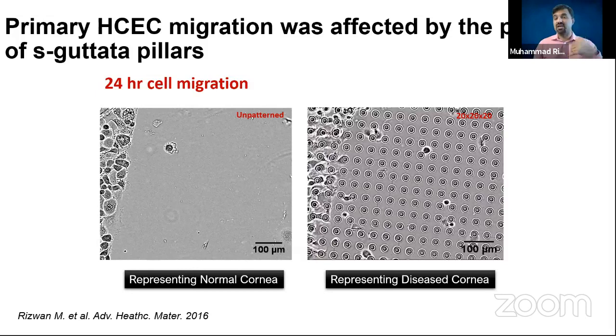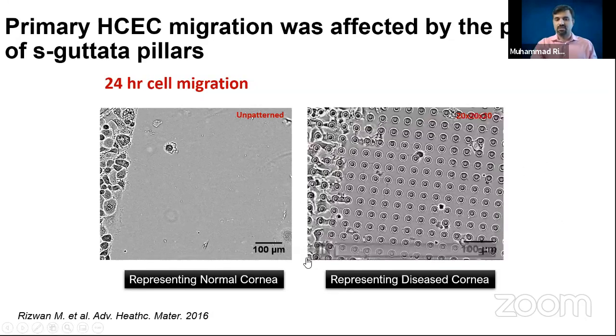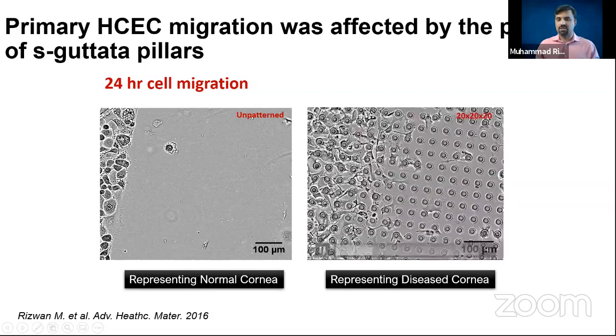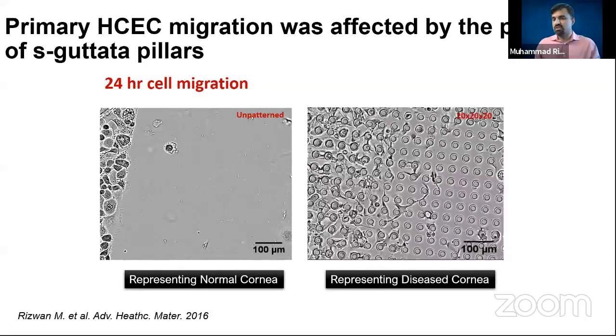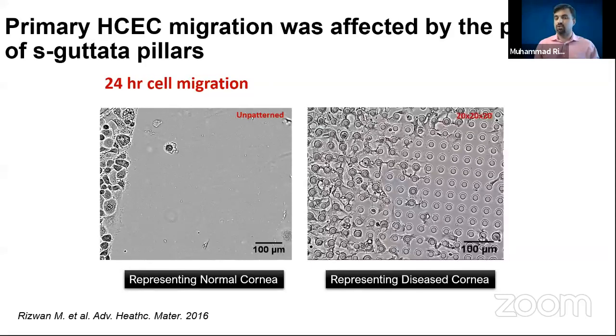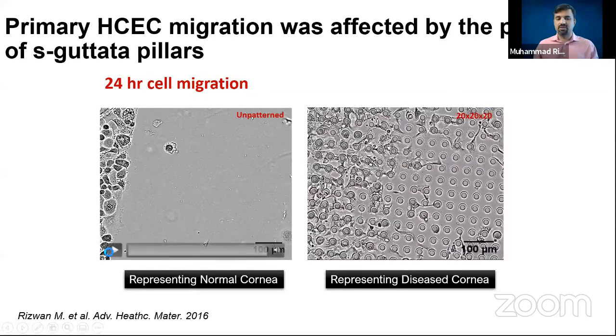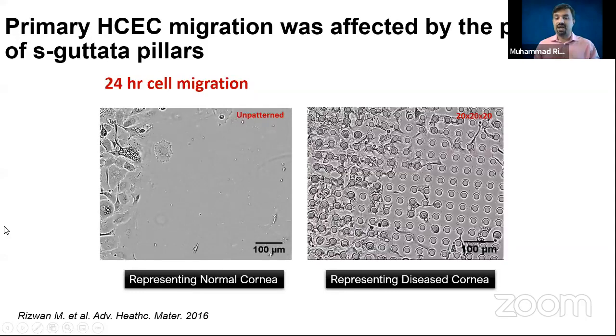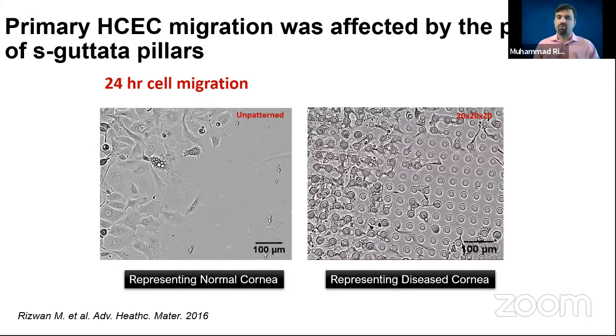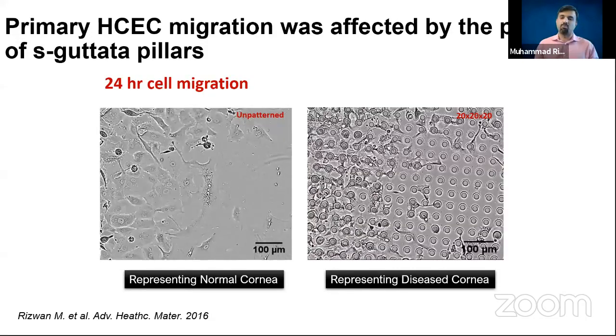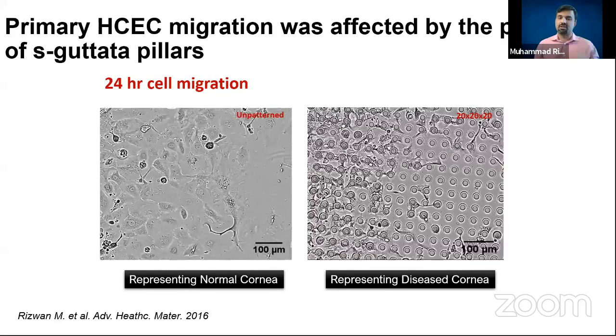So when we have features under the cells, on which cells are adhering, they can affect the biomechanical signaling of cells. But in this case, they are more like an obstruction to the movement of cells, and how they grow is completely different. Again, we didn't really check; maybe they will affect growth. But in this case, we were really interested in their migration and their formation of a monolayer. Remember, I told you that in the cornea, they form a monolayer. So we were really interested in monolayer formation.